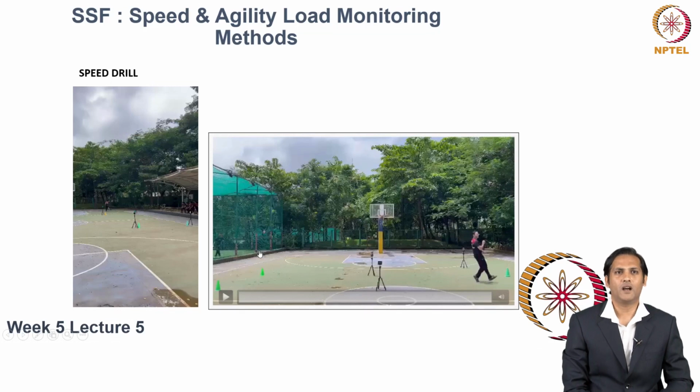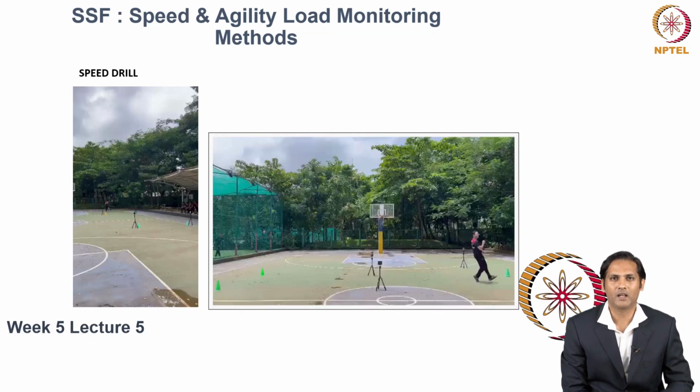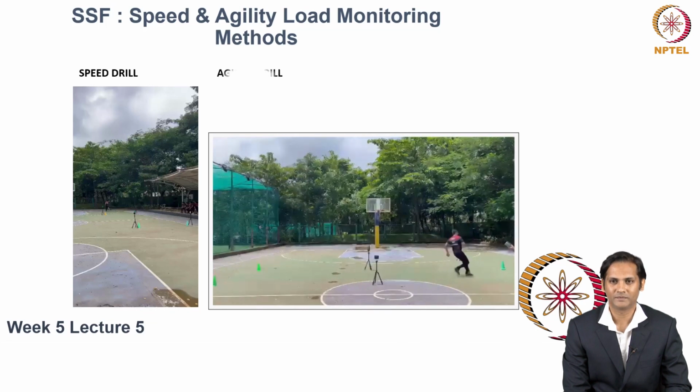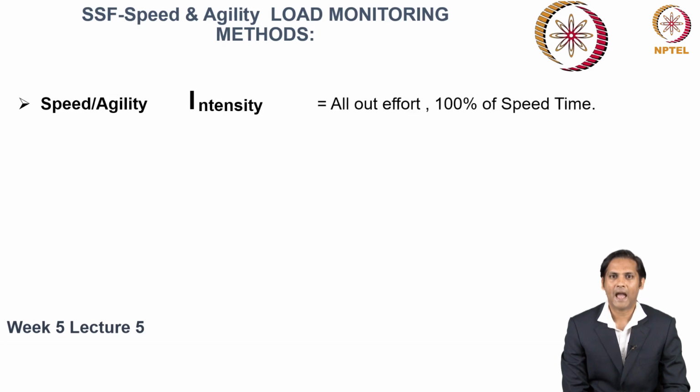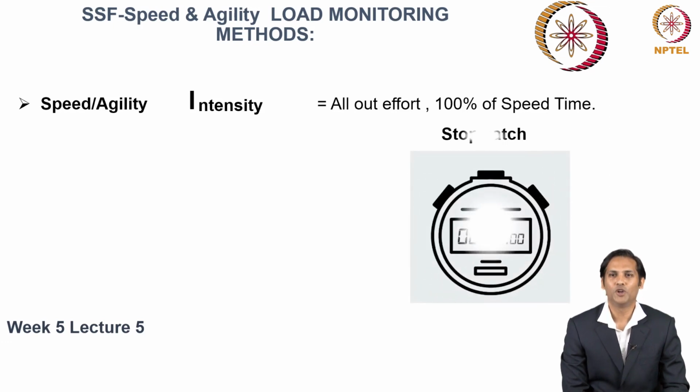So, for speed and agility, the common parameter is the ability to monitor and measure the time taken to complete a given drill or distance. So load in terms of speed and agility is monitored by time. Load in a speed and agility training session is expressed as an all-out effort, or 100% of the speed time. One of the traditional methods to monitor this intensity is a simple stopwatch,